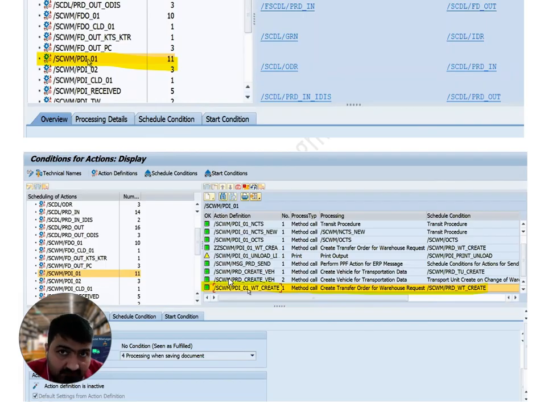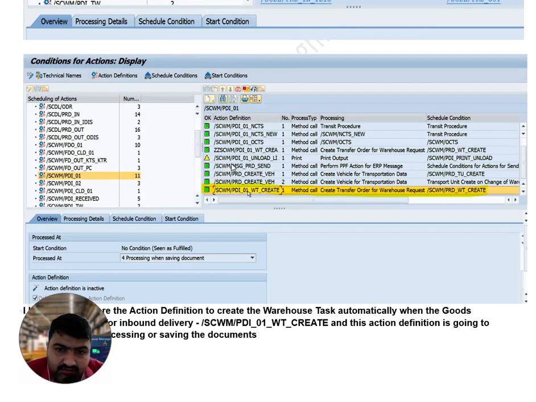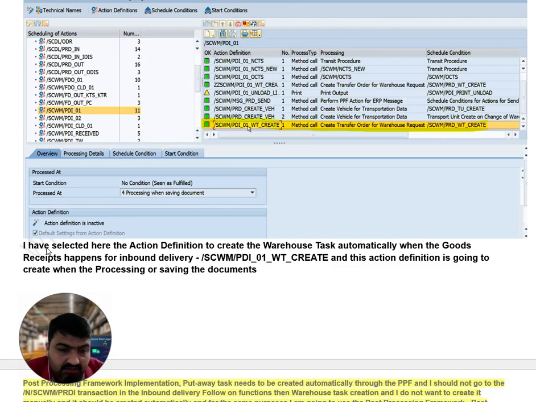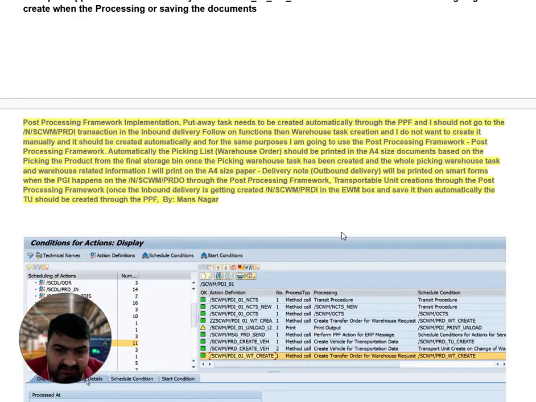The task will be created for the final putaway, to pick the material from the GR zone and put it to the AFS location, which is F2, stock type. PDI01 warehouse task create, method call: transfer order for warehouse request, create transfer order. Okay, so here this is it, guys.